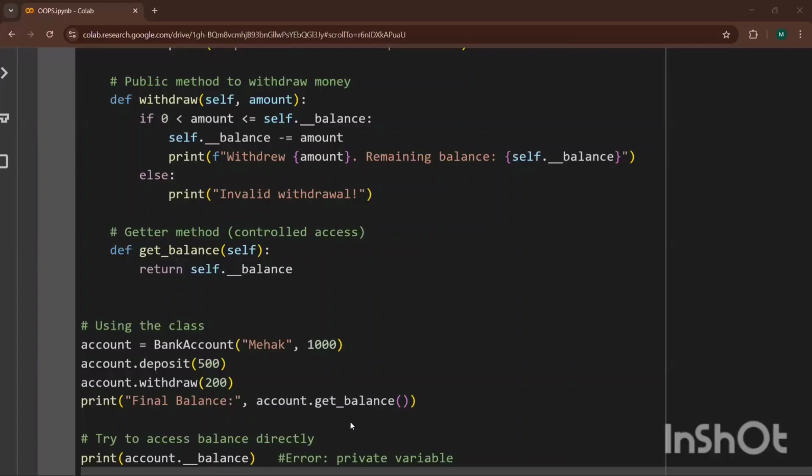Now tell me, guys, are you all clear with this code? Can I move forward? Saswat, you can try.